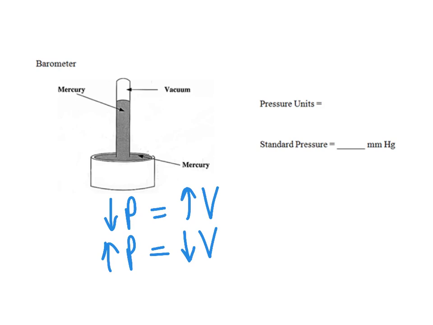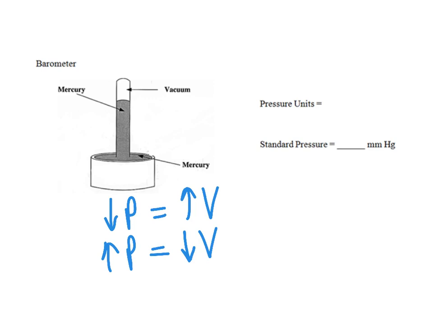So the weatherman will say it's going to storm today, or there's a hurricane coming in, and we're seeing the pressure drop. And so all that air gets pulled out into the storm. And as the storm comes crashing in, the pressure goes back up because that air all kind of moves back into the area. So we have to have a way of measuring pressure, air pressure.